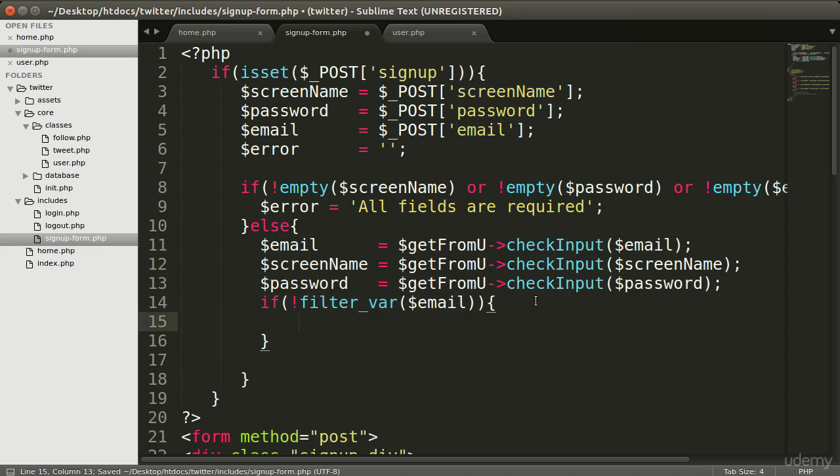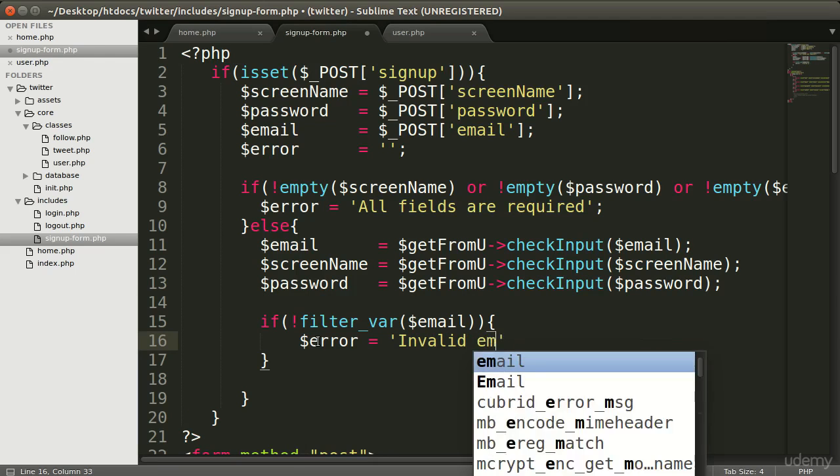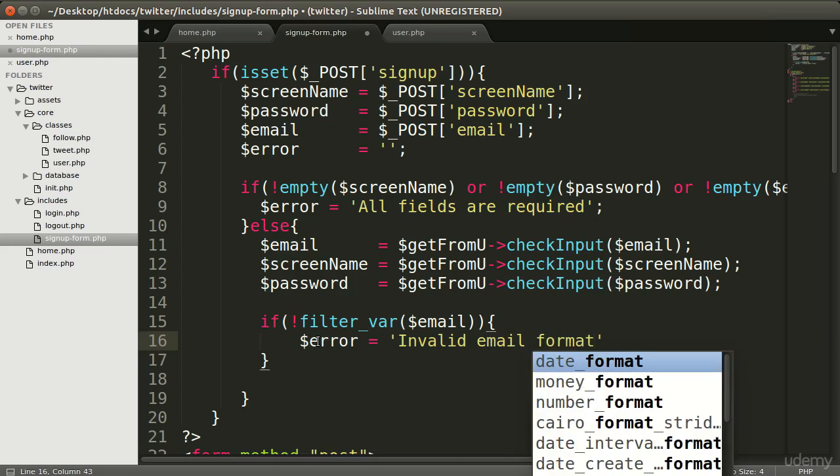So when user submit invalid email, then you will display the error. So here we need to set the error. So error equal to, let's say invalid email format,